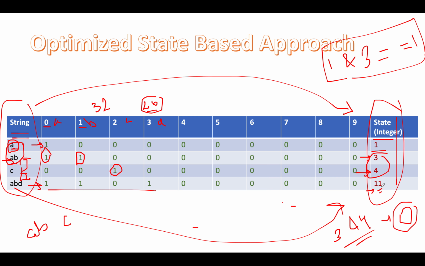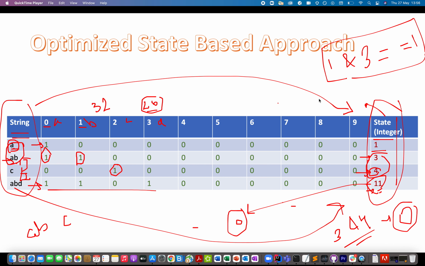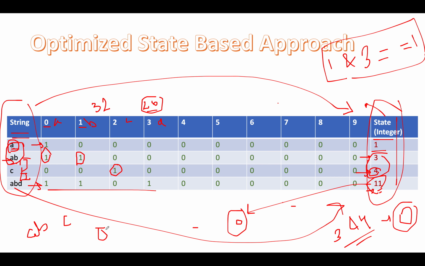Similarly, if you will perform AND operation between 11 and 4, there is no character common between them, as a result of which the answer turns out to be 0. So now we know the state variables using the bitwise manipulation that we have done, and we will operate using two for loops on the state variables, trying to identify if there is a possibility that AND of two state variables is 0. For those contenders, we'll try to find out the maximum product length. What will be the time complexity of this approach? Time complexity will be order of n square, and we'll also require some extra space to store the state variables.